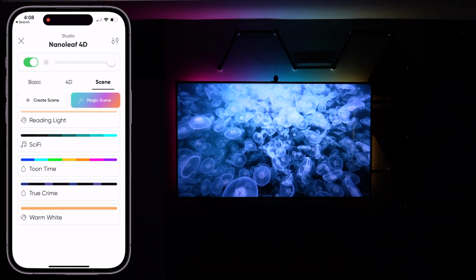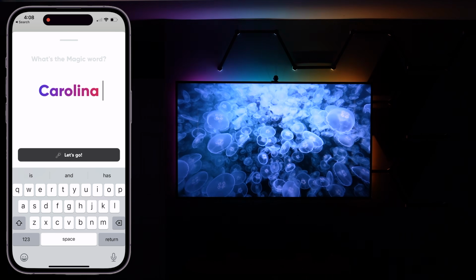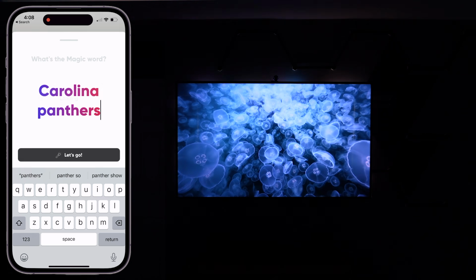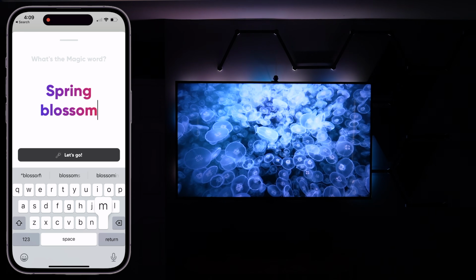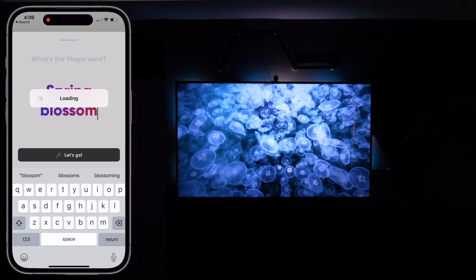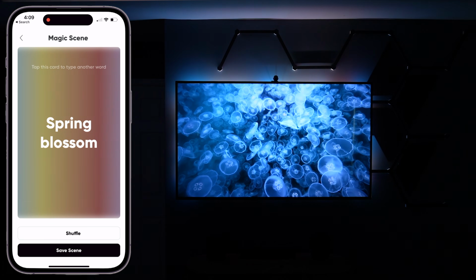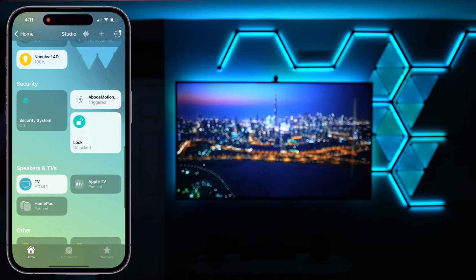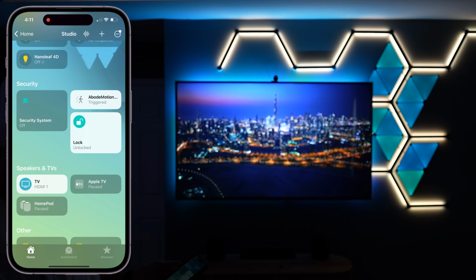Magic Scenes is a really fun feature in the Nanoleaf app. This works with really any of the Nanoleaf products, but this uses AI to take any words or phrase that you input and translate that into a color scene for the light strip. This can be a lot of fun to play with. And these scenes and lighting effects can also be shared and accessed over in the Apple Home app, which is really nice if you're like me and prefer to use the Apple Home app to access and control all of